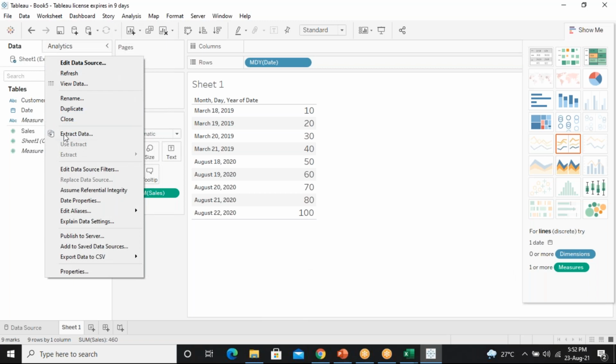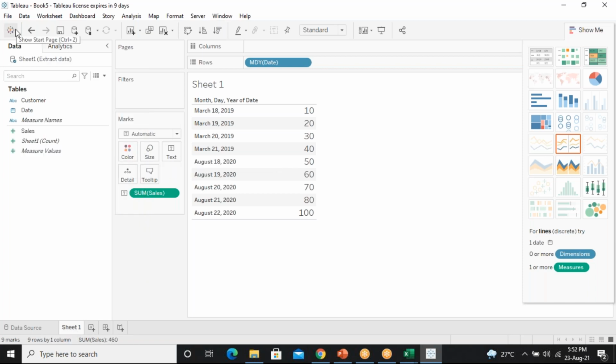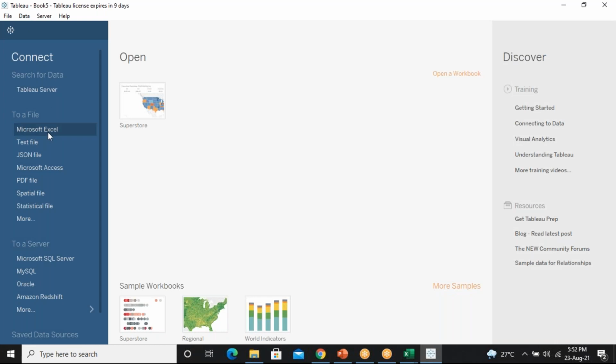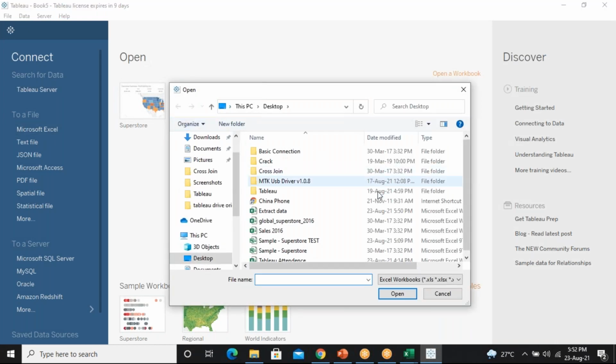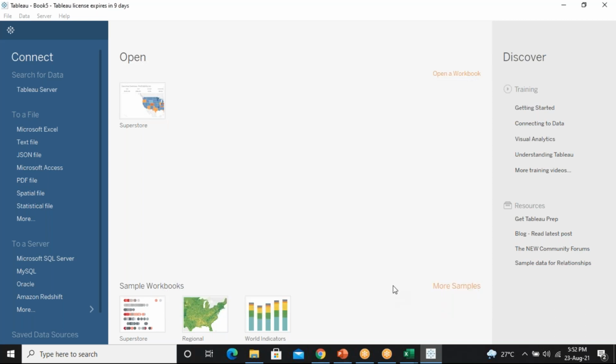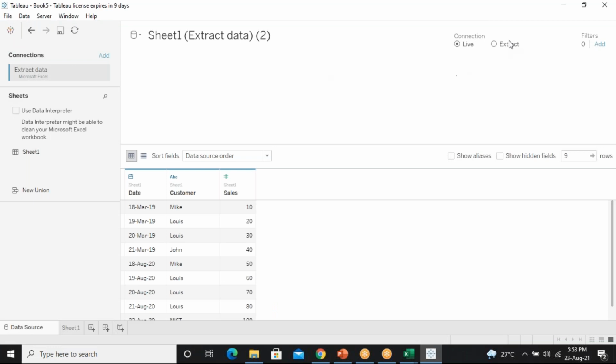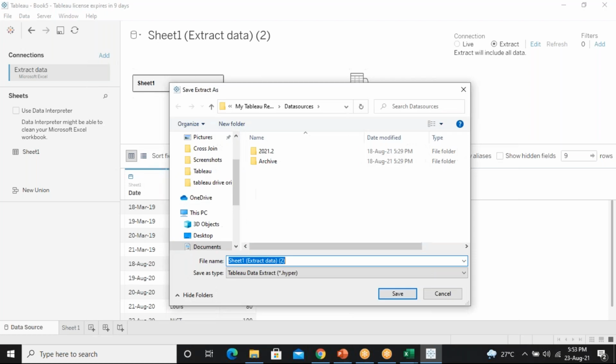And if I go for extract, here you will have options for extract refresh also. I'm using extract data. Whichever I'm extracting, can you see Tableau data extract?